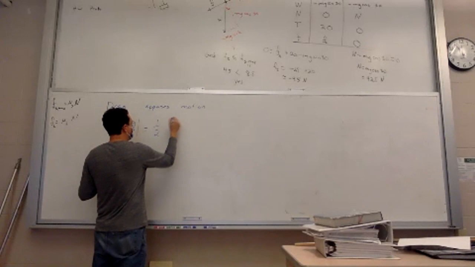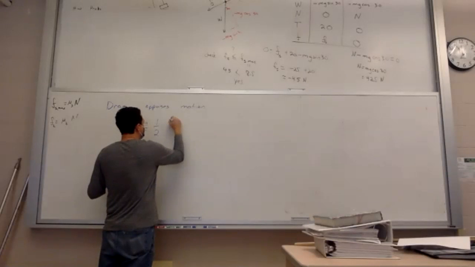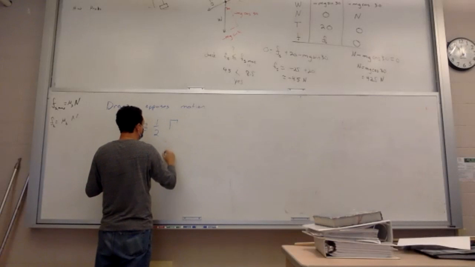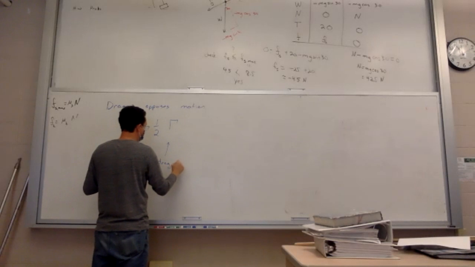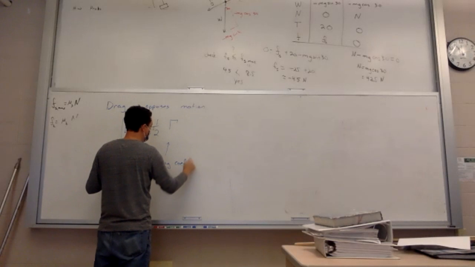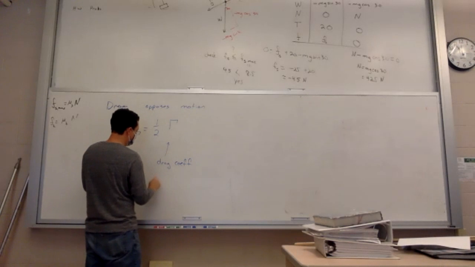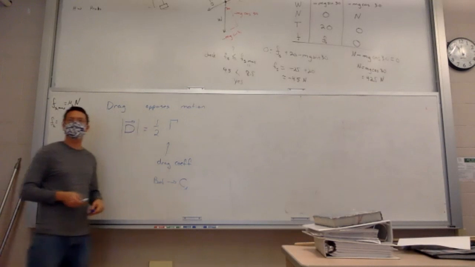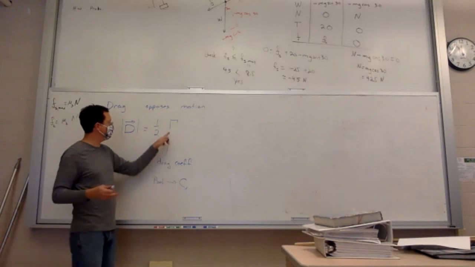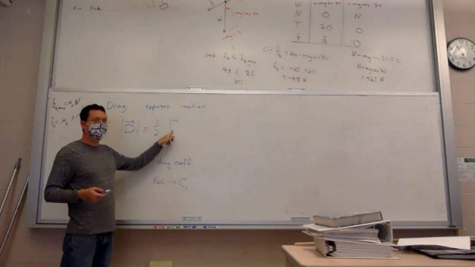There's a number called the drag coefficient. And I think Sapling uses the Greek letter capital gamma. The book, I think, uses the letter C with a D, which makes more sense to me, so I can remember for drag. It's just the drag coefficient, but the Sapling uses gamma. Half of gamma,